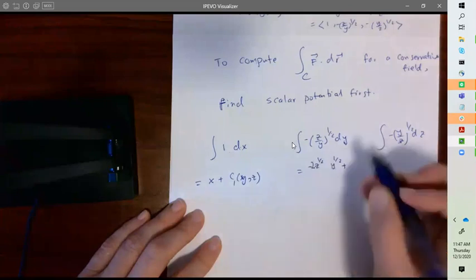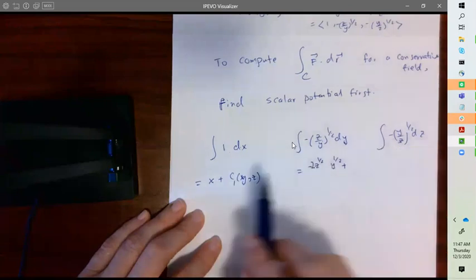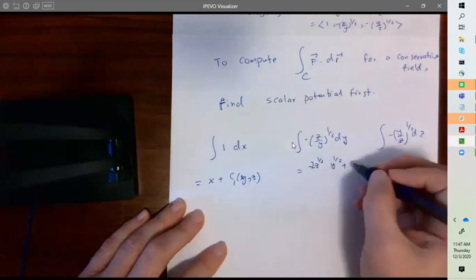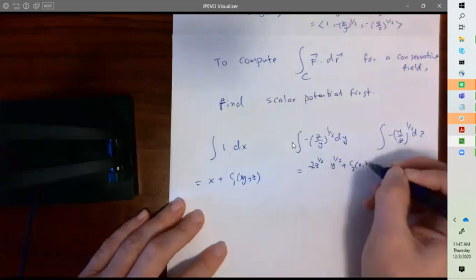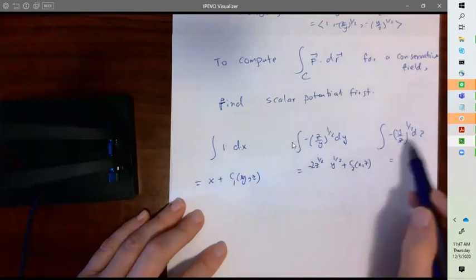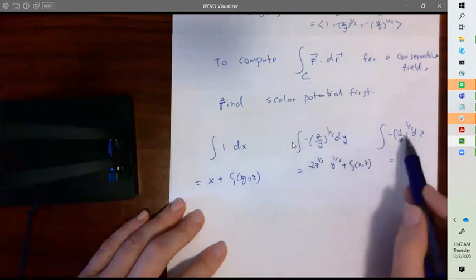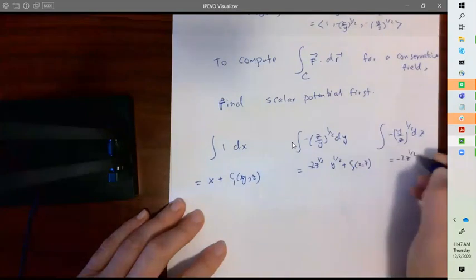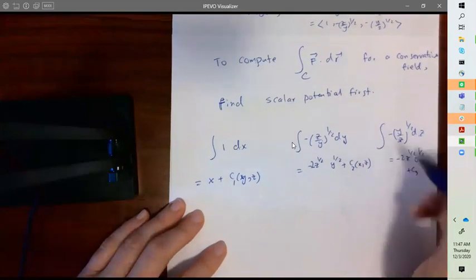And the constant should be in terms of the other two variables, x and z. And the third one, again, with respect to z, but it's negative y over z, and it turns out to be negative 2z to power 1/2, y to power 1/2, plus c3,